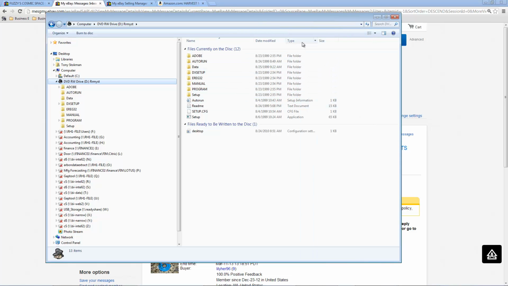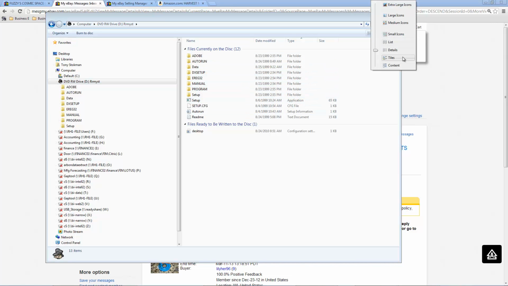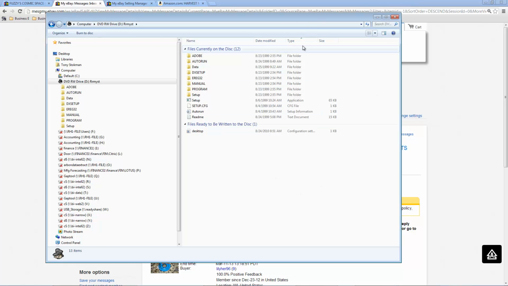To the far right, you can see the word type. Then I can sort it by type, and I'll actually see the word application. Sometimes when you open it up, it won't show the file type, so you'll need to click on this one and then do details. In my case, on Windows 7, you right-click here and click on type to show that. I believe it's under Files or Tools within XP to get it to display, but it's probably